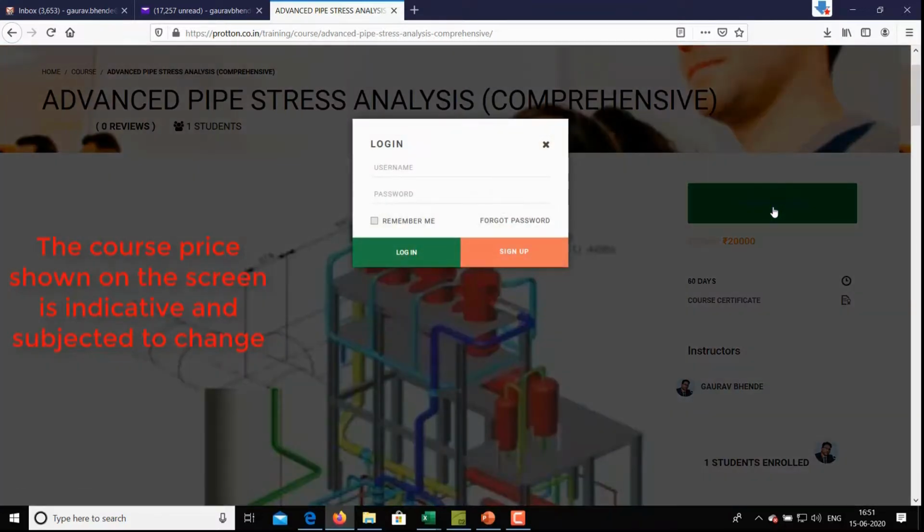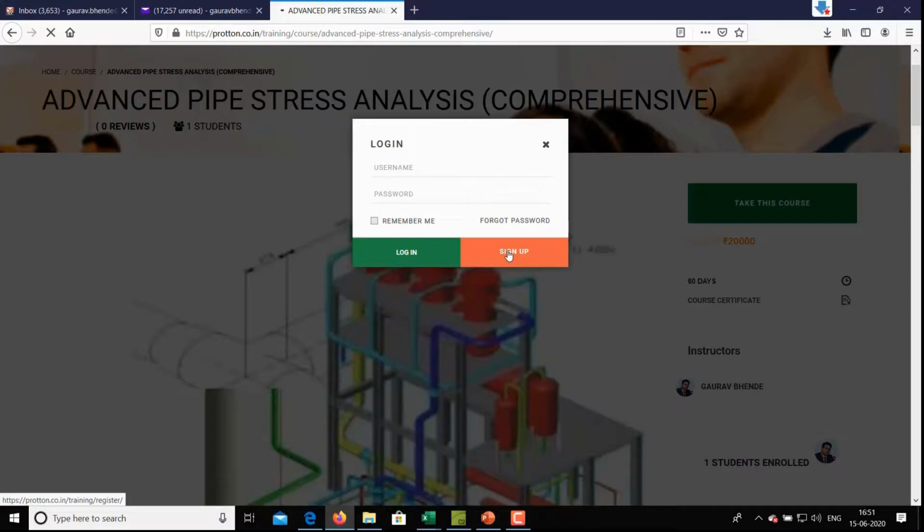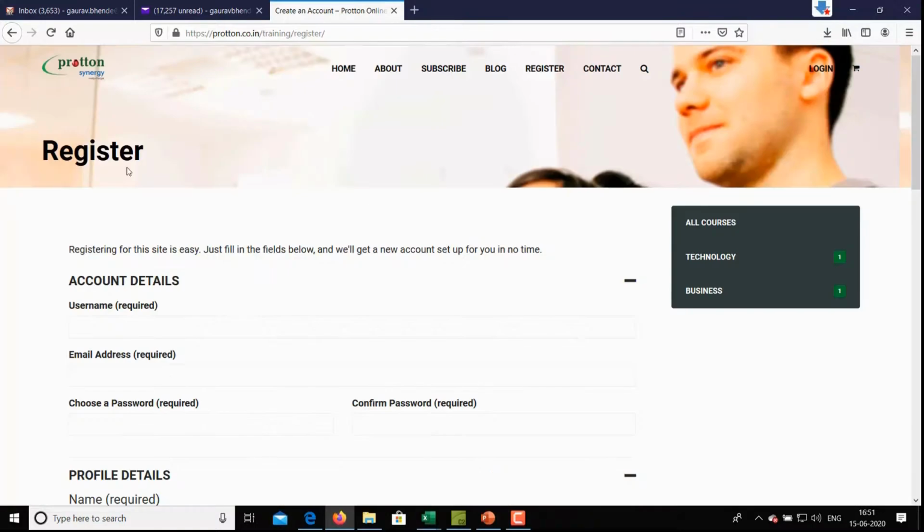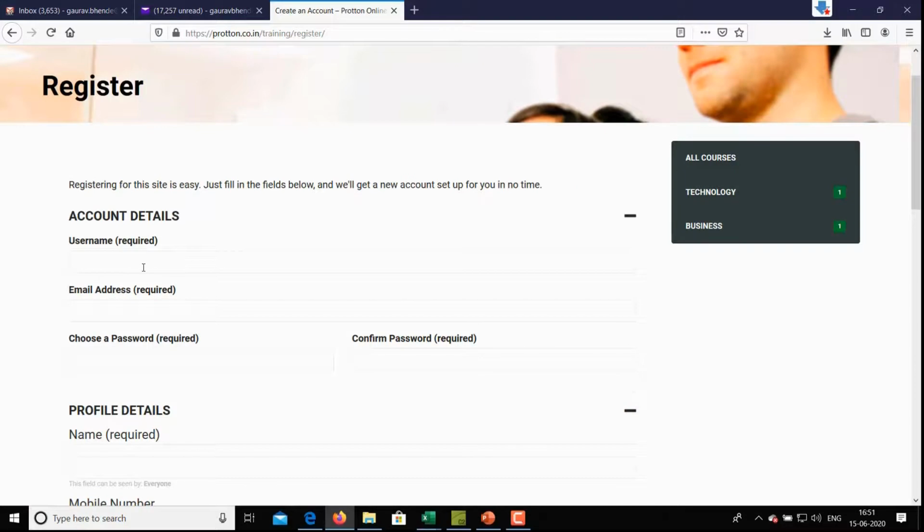When you say that, it asks you, have you signed up with our website or not? You have to become a member first by clicking sign up. We land on the page called register. The same page you can reach by just clicking register here, and here you need to fill in your details.